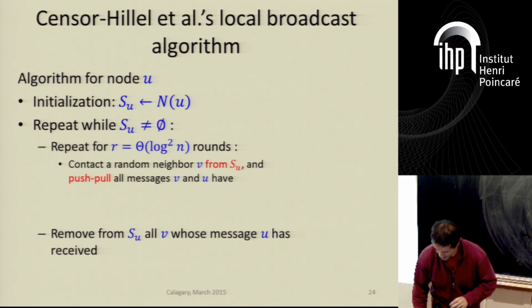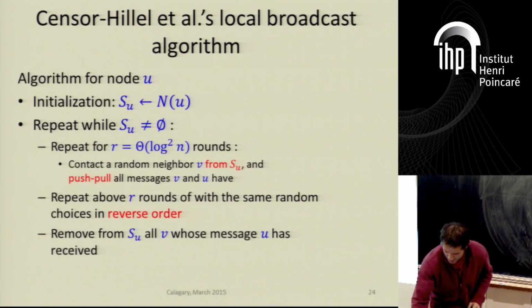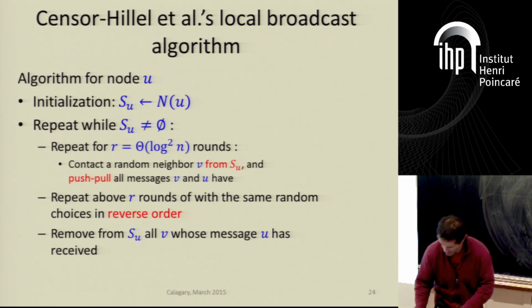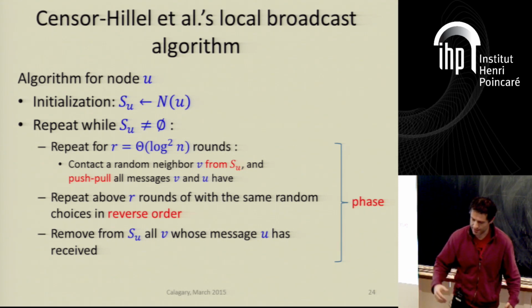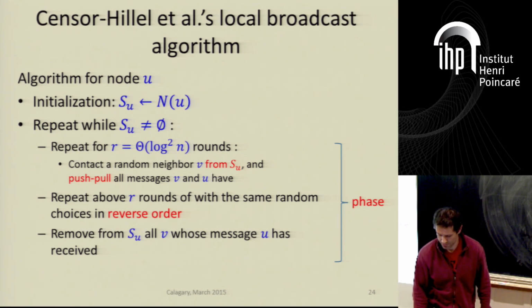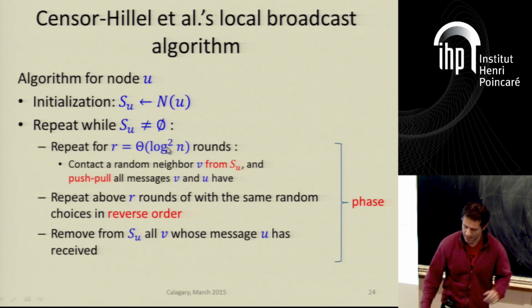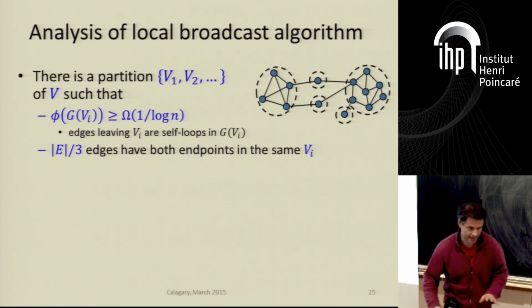And we need something else here, some technical thing. We need to run this twice to make sure that if U learns the message of V, then V will also learn the message of U. We will argue that this part needs to be executed at most a logarithmic number of rounds. So the total round complexity will be at most log cube n. So this is the last slide of the proof that I have in the paper.